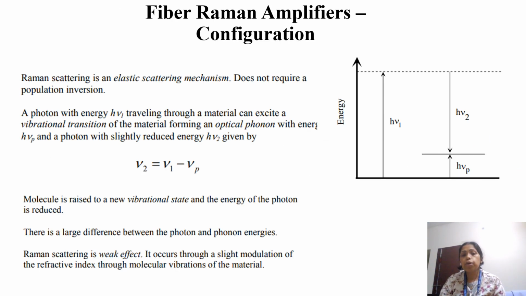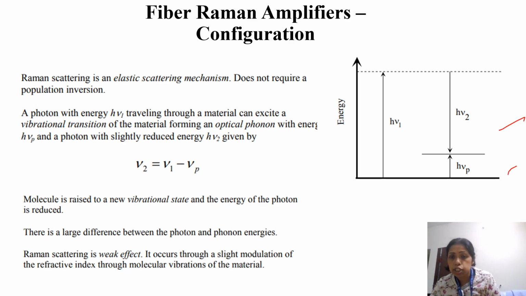Now we come to the fiber Raman amplifier. The fiber Raman amplifier is totally based on scattering. One is spontaneous photon scattering, another is stimulated photon scattering. Two different kinds of wavelength can be incident on the device in this case. And Raman scattering is also known as inelastic scattering. In this diagram, the right hand side diagram,